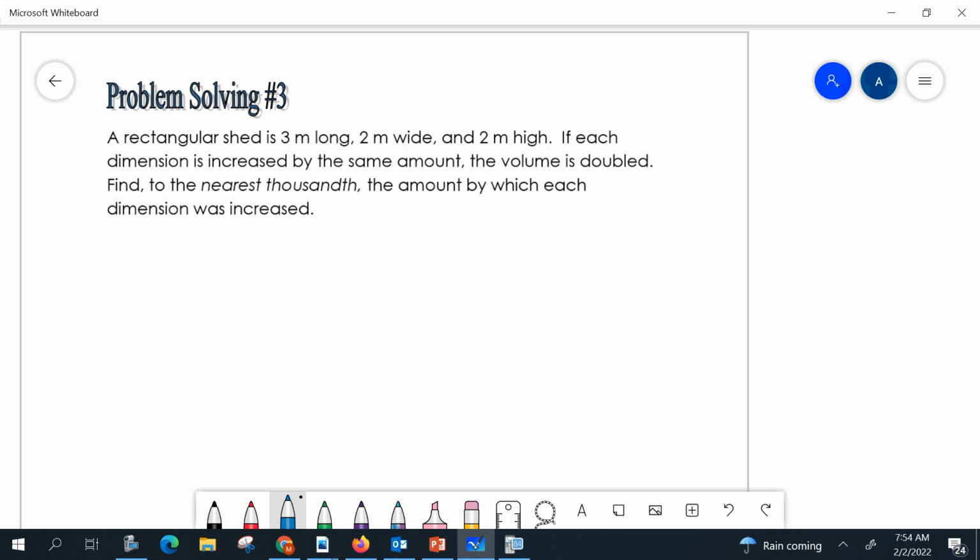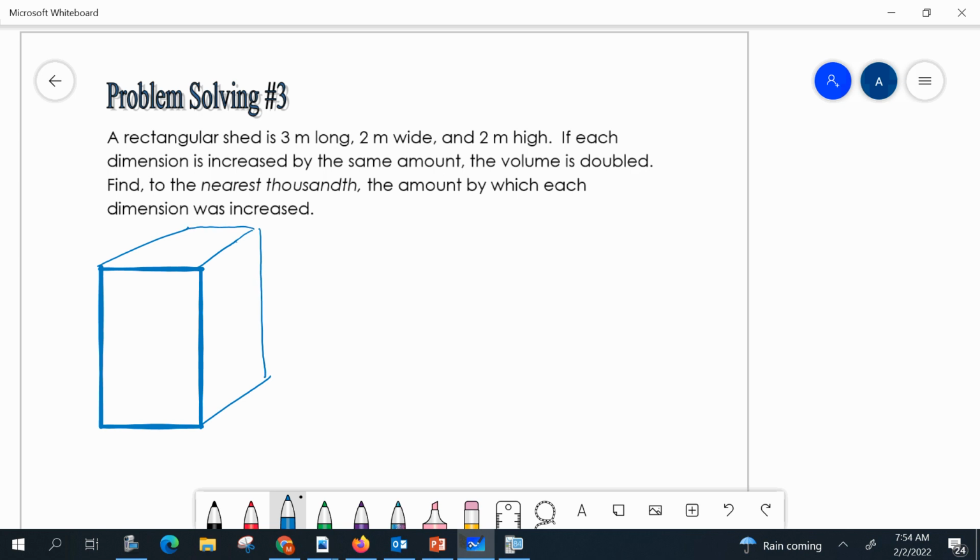All right, so one more time, we're going to start with the picture. But the difference here is this is going to be a 3-dimensional picture because we're basically making a rectangular prism. All right, and what I'm given, and I'm going to kind of draw this. What I know is that the shed is 3 meters long, 2 meters wide, and 2 meters